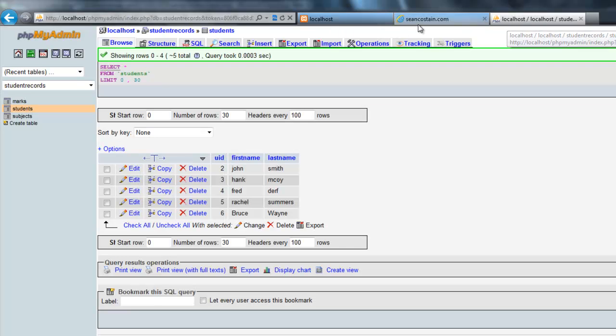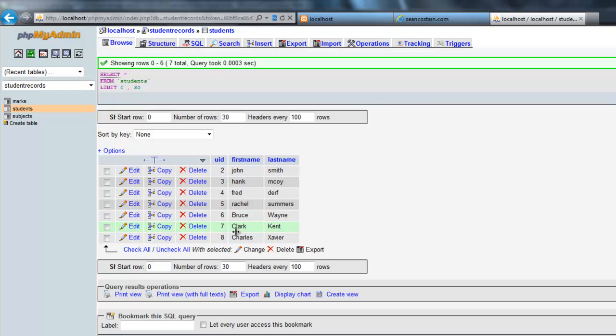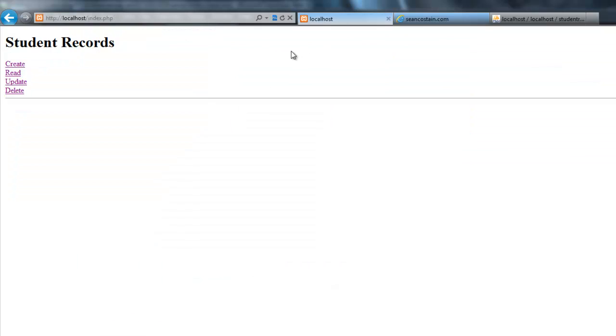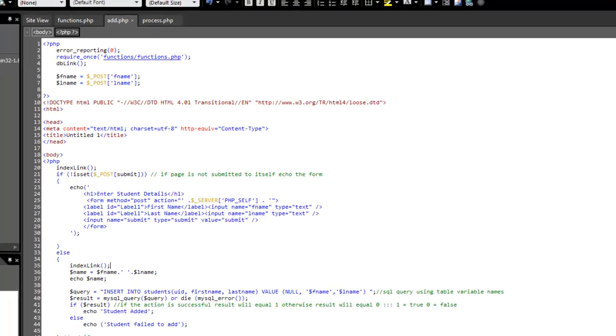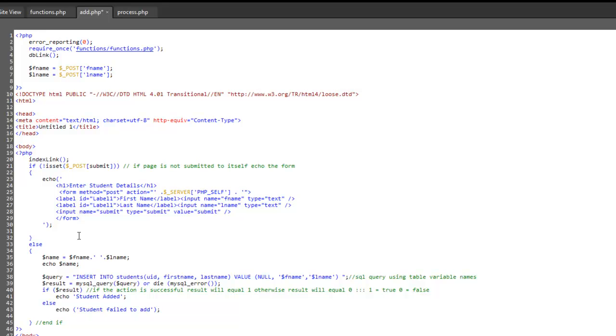So if I jump back to the database, hit the show button, I should see Charles Xavier is added. Excellent. So the form is feeding itself, and I can get rid of that one. Now the reason why I don't need that there is because this actually shows before the if does, so it's always going to turn up. Now that's all good,